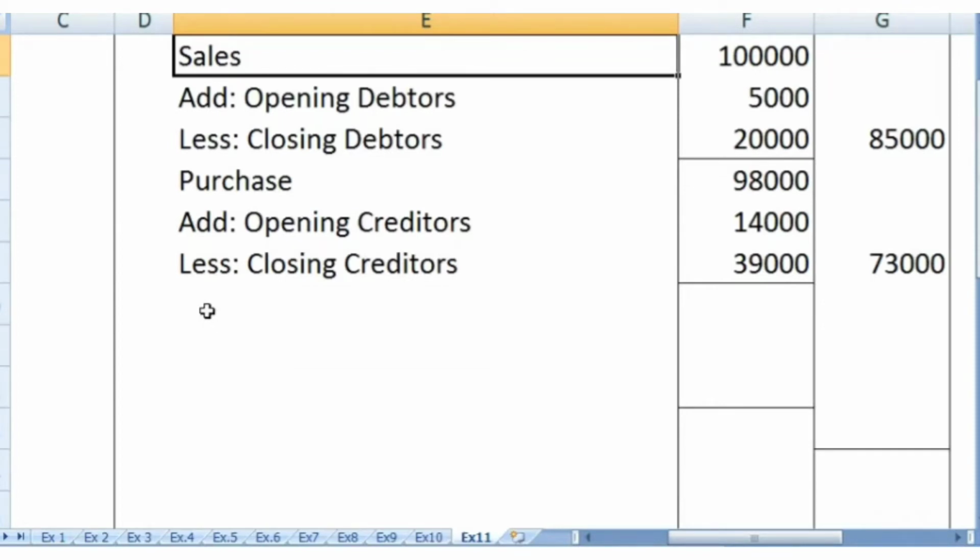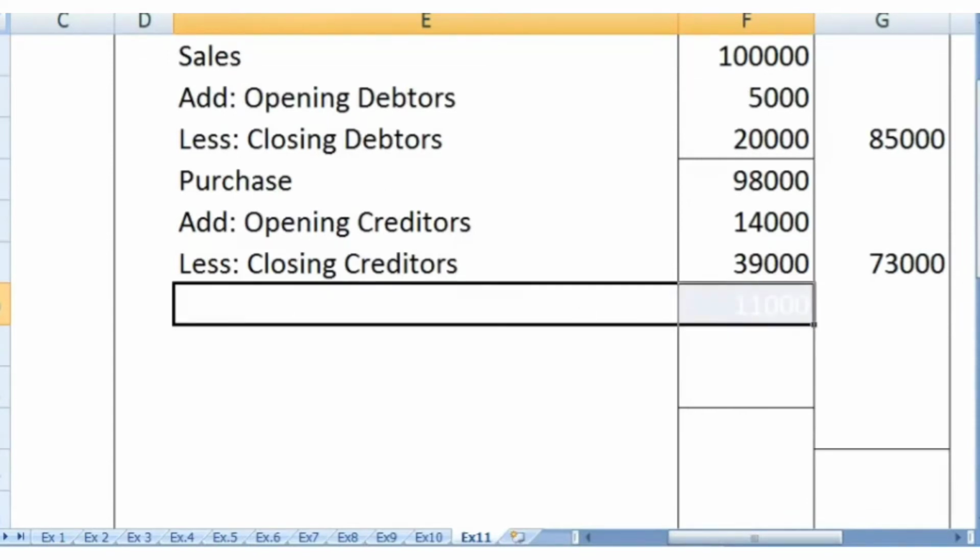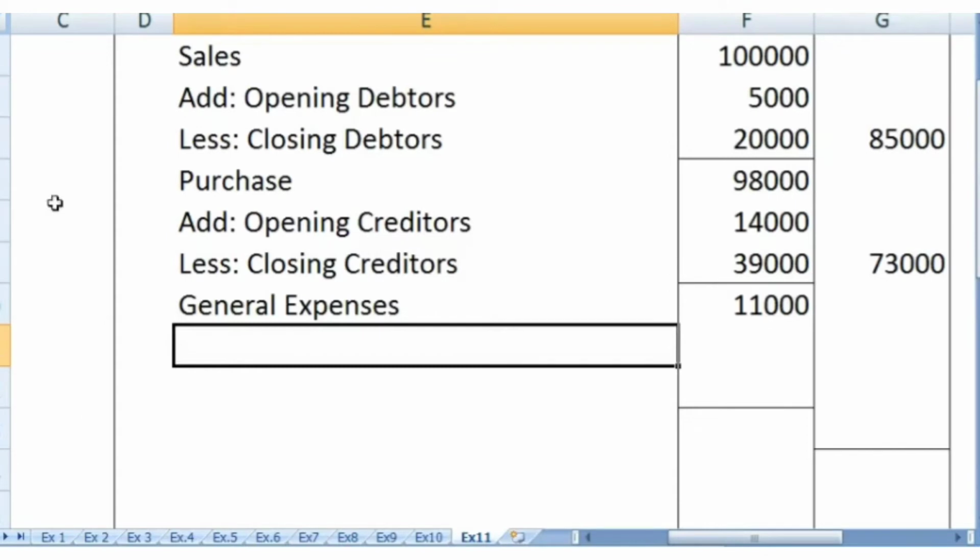Now on the debit side of the profit and loss account, the other expenses given are general expenses, and general expenses is 11,000. This is also a payment, but expenses itself is not called payment, right? Prepaid expenses or outstanding expenses may be given. In the balance sheet, on the asset side, there are prepaid expenses of 2,000 and 4,000. So that will affect your general expenses.